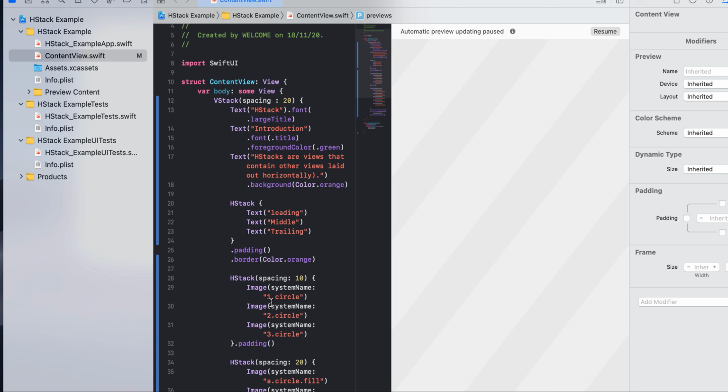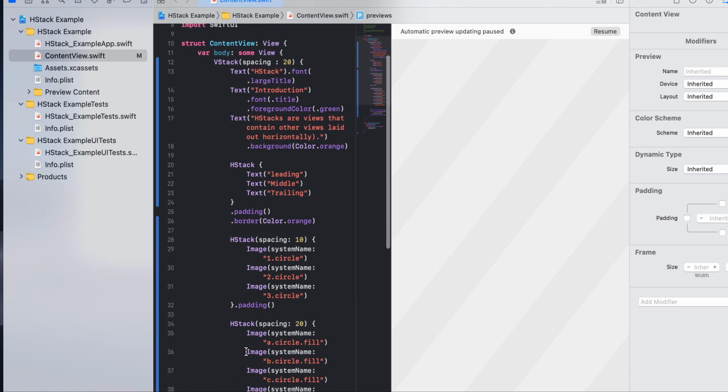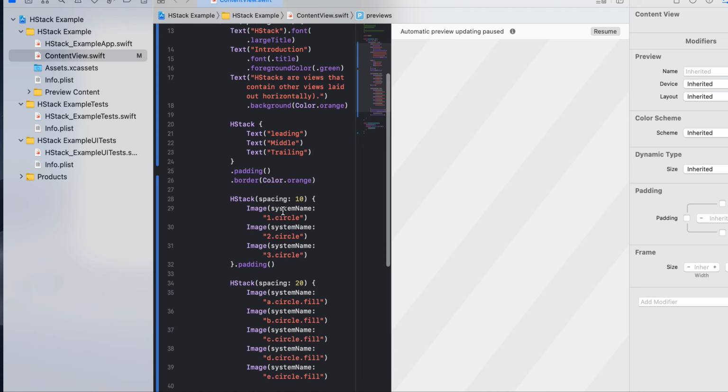So Image system name 1 dot circle, image system name 2 dot circle, image system name 3 dot circle. All these are SF symbols, and there is a padding between them. See, between each of those circles there will be a padding. So it will be a circle, but 1, 2, 3 will be there.